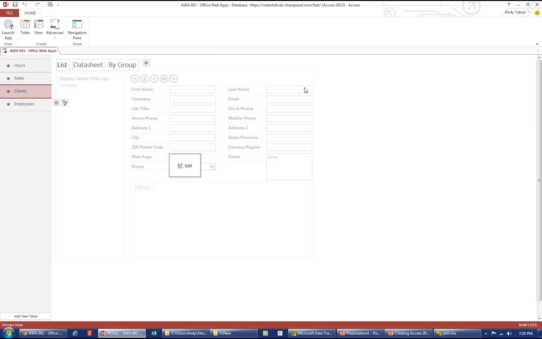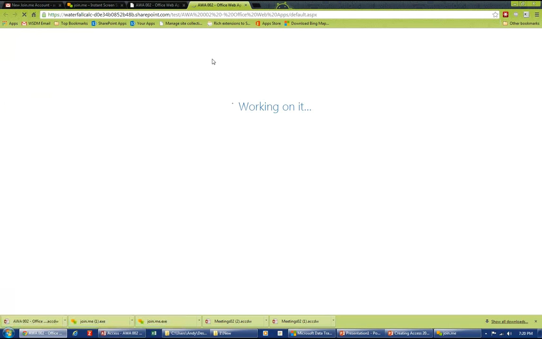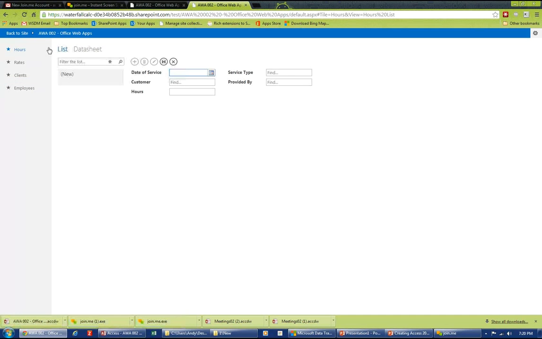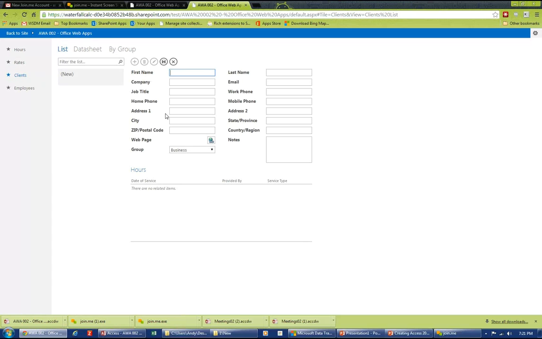Right now we're actually viewing this within Access. If I want to view this in my browser, up here on the left-hand side, we're going to click on Launch App. When I click on Launch App, it's going to open up my browser, and then it's going to show us our web app inside of our browser. Right now, it's taken us into this area. We don't have any customers in there yet, so we're going to add some clients to begin with. I'm just going to click on clients. It's automatically got us in